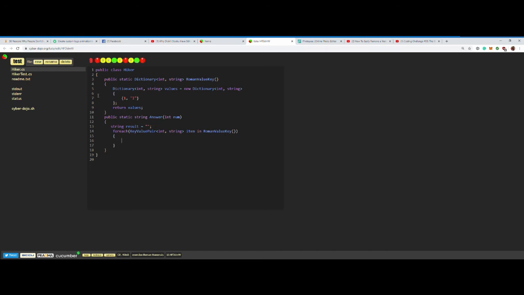By saying return values in this method right here, this makes this Roman value key a representation of, or inherit, this dictionary called values. So I'm able to bring everything from here, all the key values, and break it down into this for each loop by calling this method right here. So now that we have access to that method above, and we have assigned item to it,